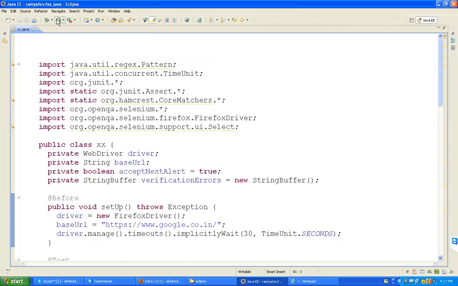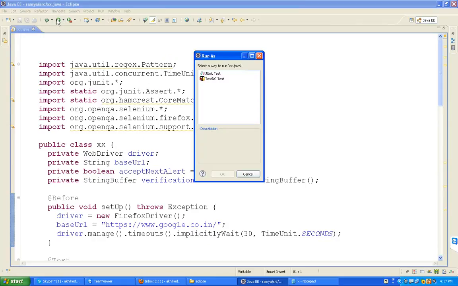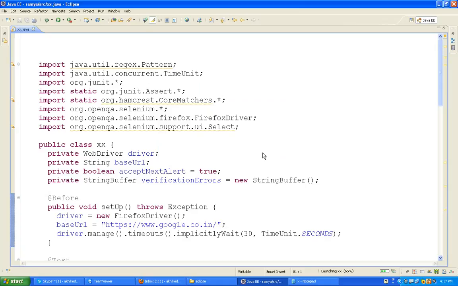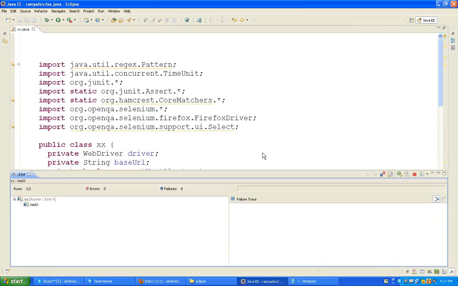Observe carefully. Whenever you generate the script, it is very difficult to understand, but whenever you copy and paste it into Eclipse, you get it in a very clear manner. This is Selenium IDE.